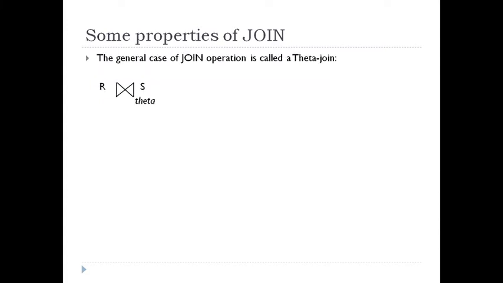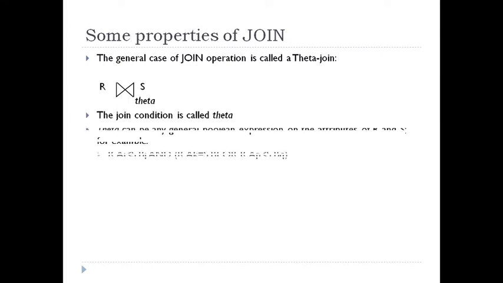Now, when we take the join, usually we will write the join condition, right? It may be like greater than or less than or equal to. Okay, any Boolean expression we can write. So that's why it is called theta join. Okay, theta join. So in theta join, it can be any general Boolean expression in the condition. You can write any Boolean expression in the condition.